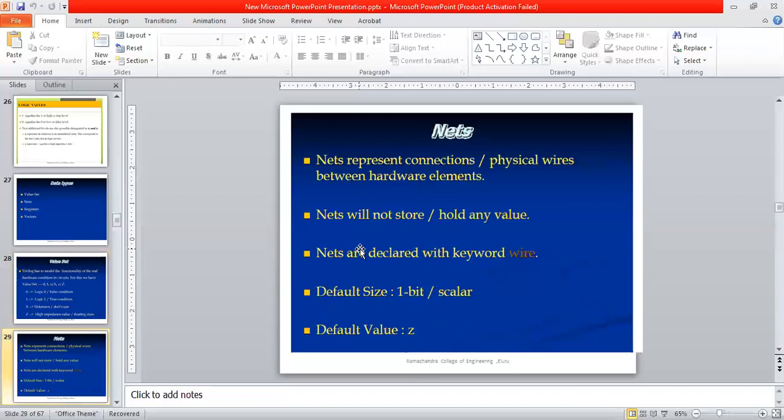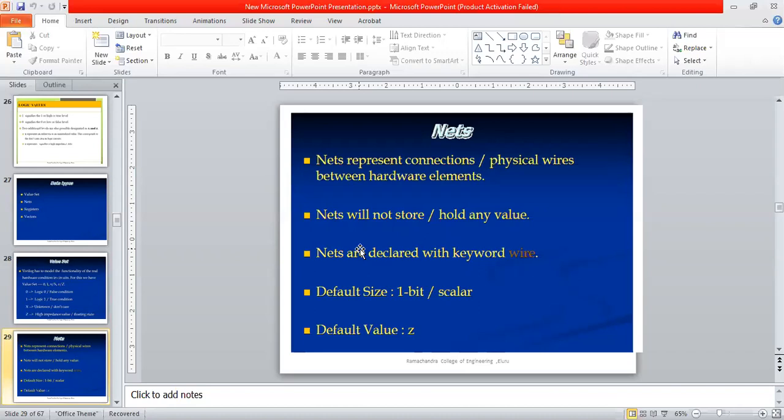The next data type is nets. What is meant by a net? It is a physical connection between two hardware elements. Suppose there is a physical connection between gate 1 and gate 2; that physical connection can be termed a net. Generally, a net does not store any value.